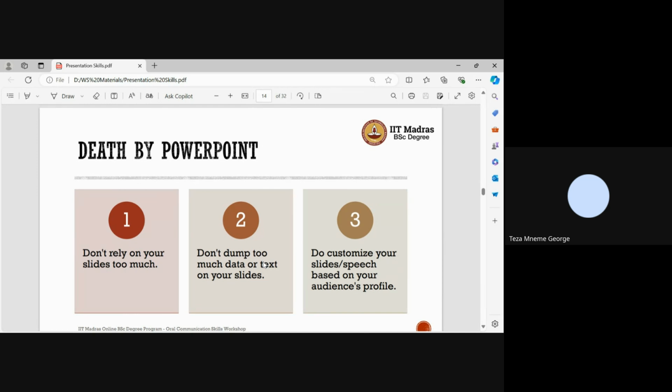The first point that we should keep in mind is that we should not rely too much on our slides. Slides do not tell the story for us. If you have content to deliver, remember that you are the only person who can deliver that content. You cannot expect the slide to do your job for you. Slides can help you. But at the end of the day, the most important element of a presentation is